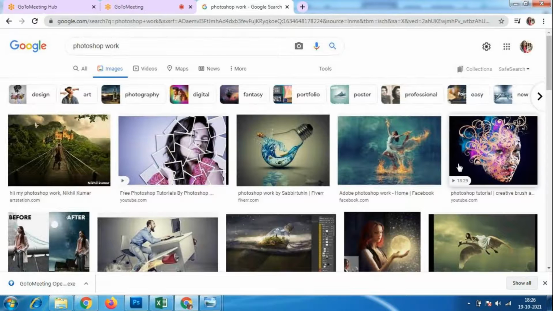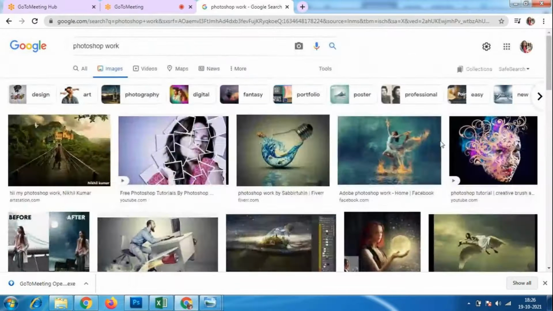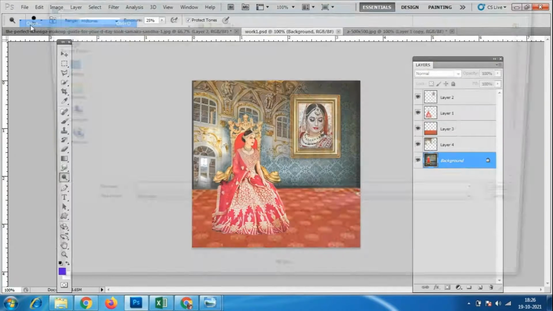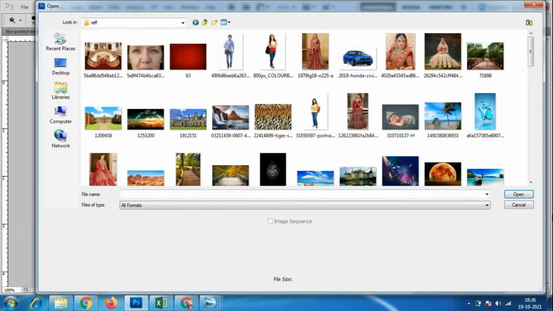You will get an idea what things we can do with the Photoshop software. If you people send me some more assignments, I will show you some more examples also. So today's class we will go for removal.